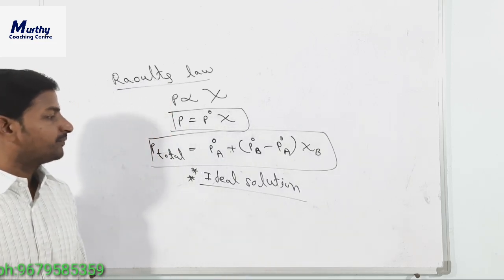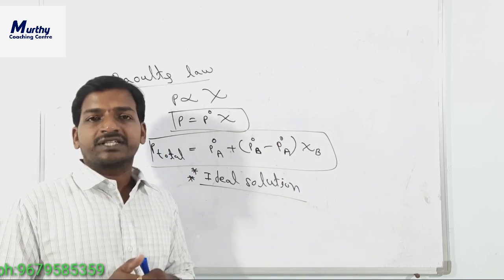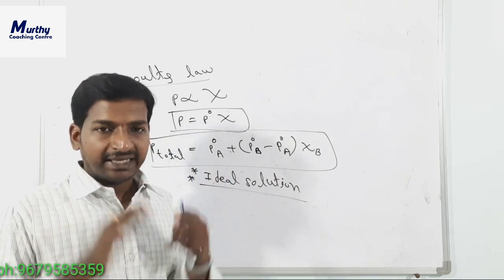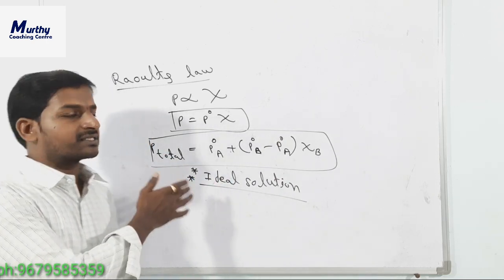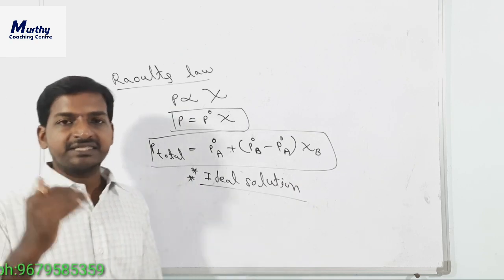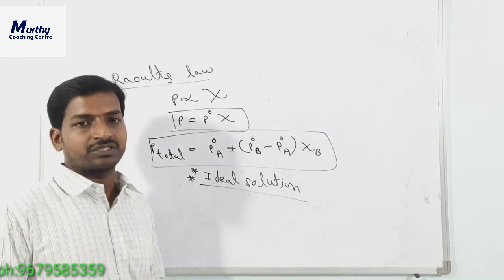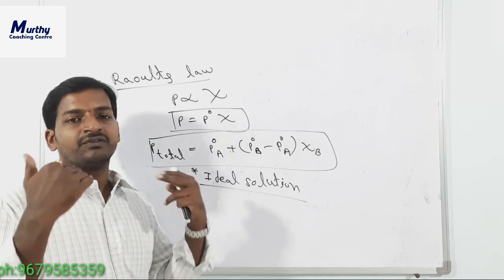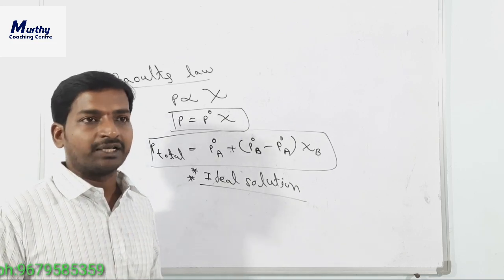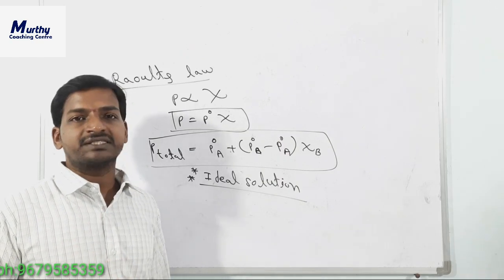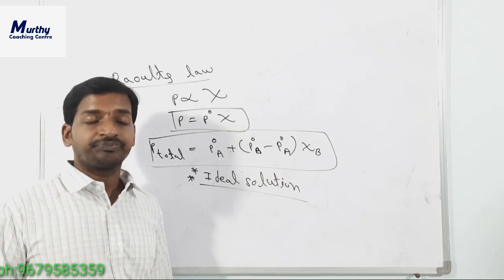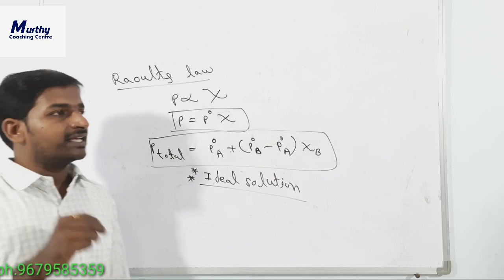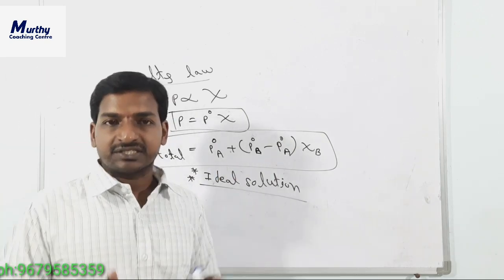So what is the definition? A solution which follows Raoult's law at any condition, such a solution is called an ideal solution. But in nature there is no 100% ideal solution, but certain mixtures we are assuming like an ideal solution. For example, benzene and toluene, that is the ideal solution. Clear? Next, for an ideal solution, the structure of both